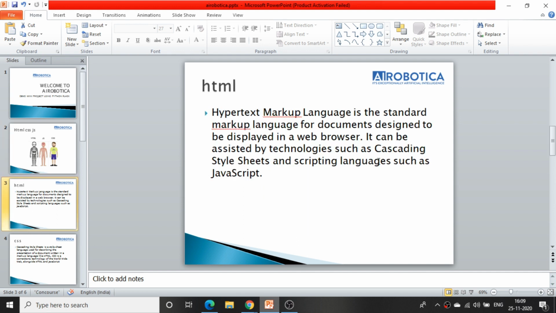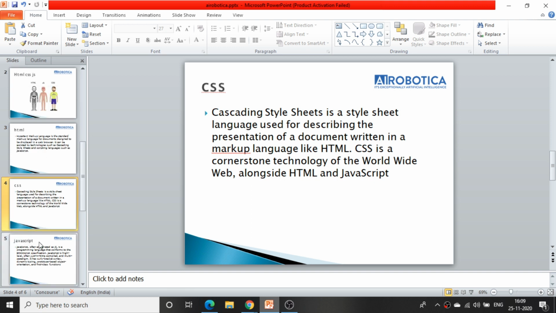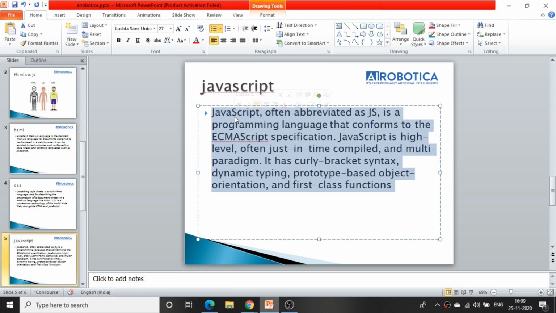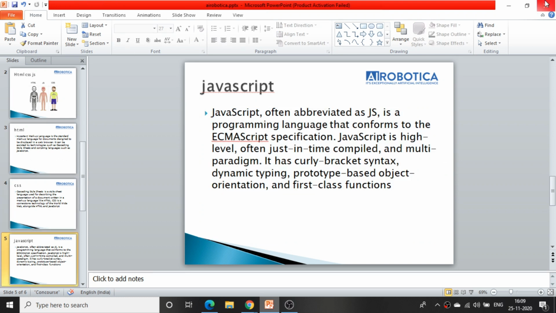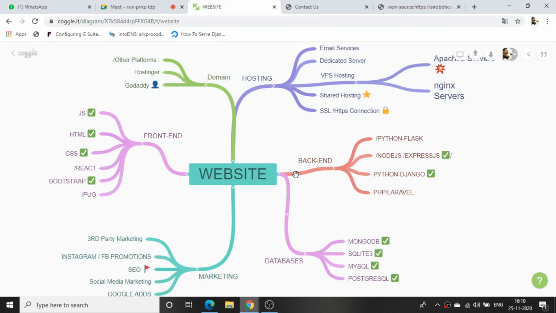HTML is a hypertext markup language, and CSS is cascading style sheets, where we beautify our HTML pages. Next comes JavaScript, which comes under object oriented programming, where we pass objects. In Node.js or in any MERN-stack web development, you will be learning all these things, but JavaScript is optional. Okay, I'll just close this one. Let's come back to the structure, how the website will work.